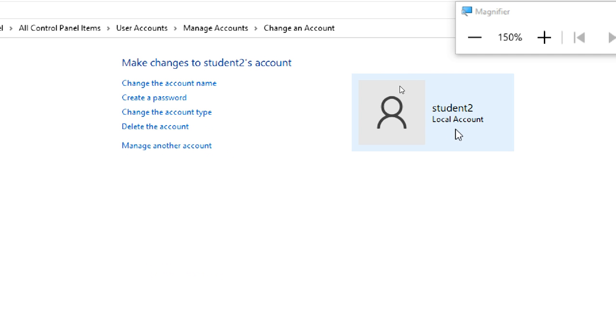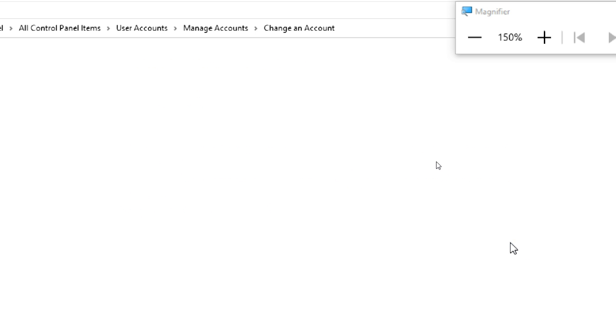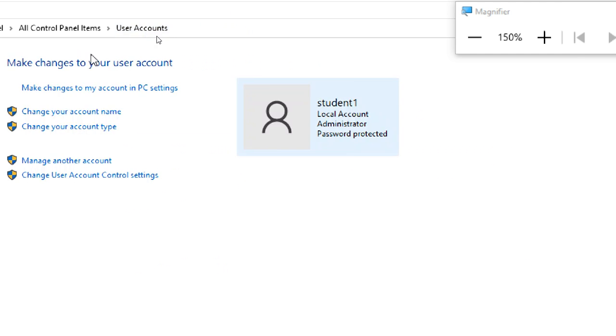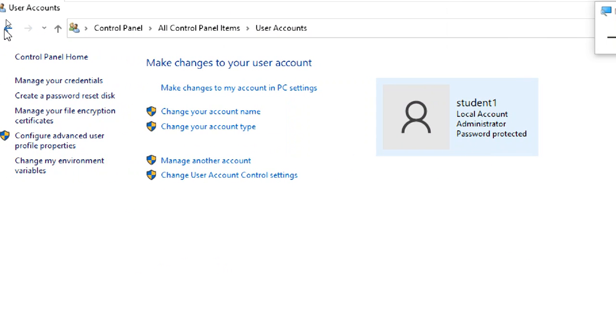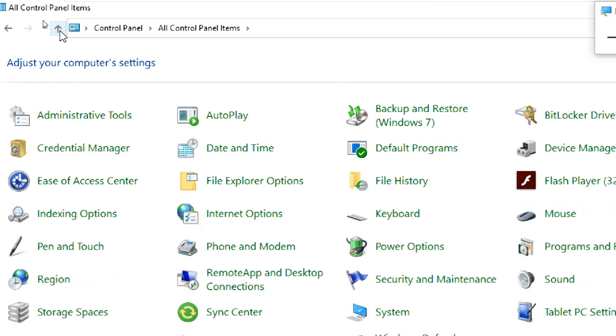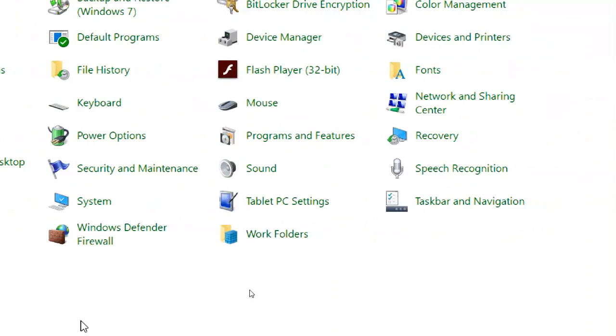Student two is a standard account. Under change account type, this is a standard account; you can change it to administrator, and if you click here, it becomes administrator. This one by default is standard, that's why it is not showing anything. You can delete an account also. You just have to go through it once, then you will understand more.